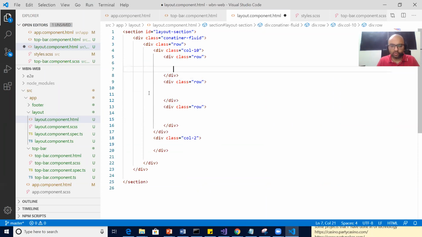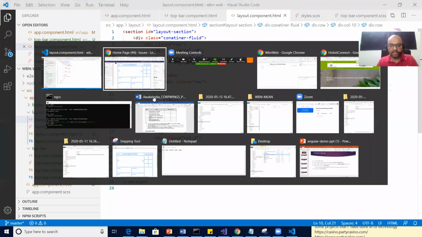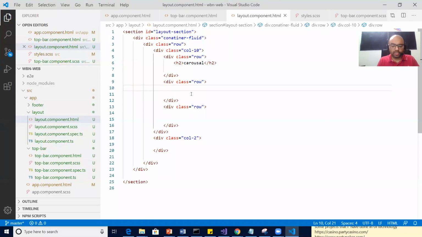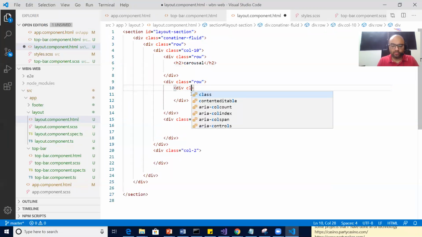The first row will have the carousel. So just put the name carousel. Can you guys tell me the spelling of carousel? Okay, leave it. Carousel. And then in the second row, we need to divide it into 2 halves: health and education. So again, I will be having 2 columns.